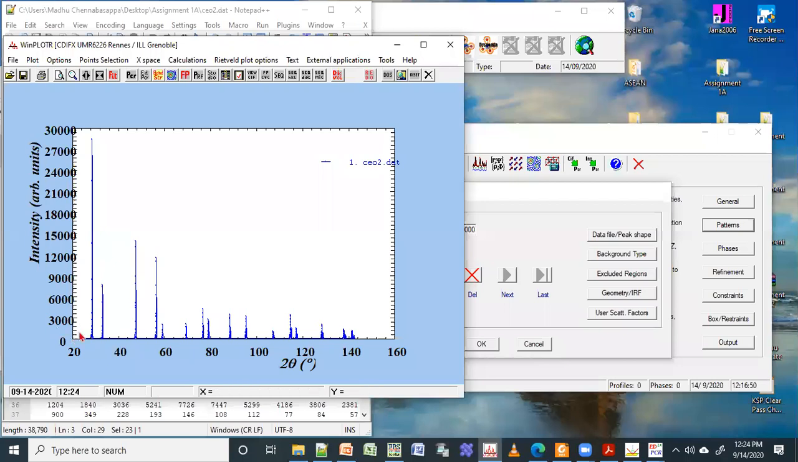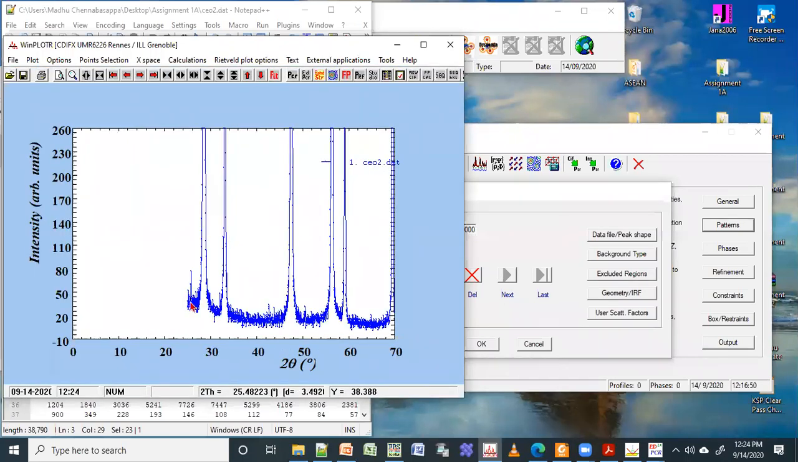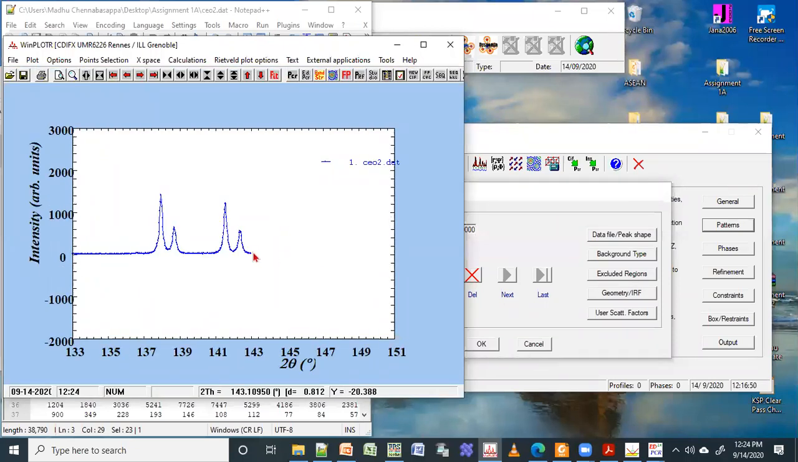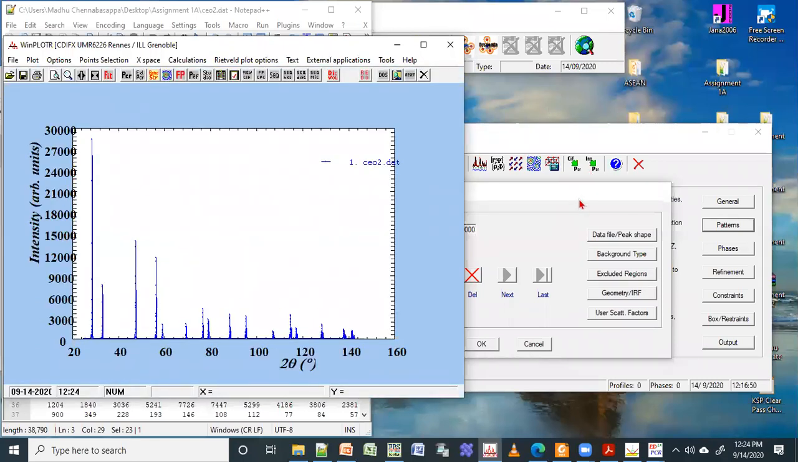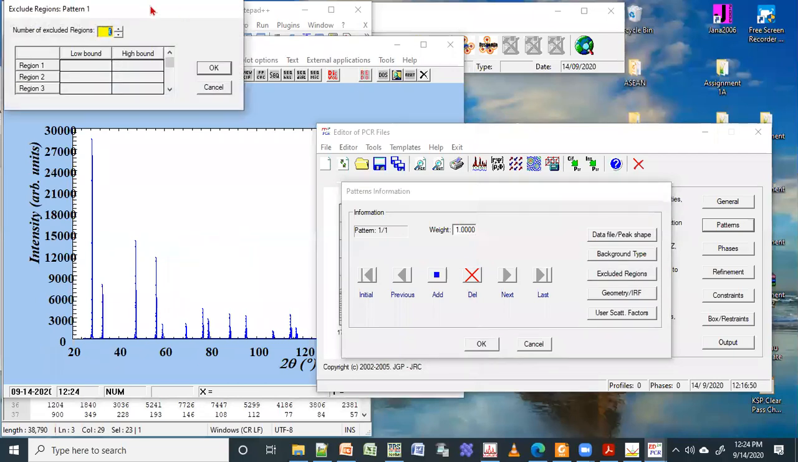Now you can see I don't have data from 0. I have data starting from around 25, and it is going up to 142. So let us stop at 140. I want to do fitting only in this range. So now I can exclude the other range. By default,